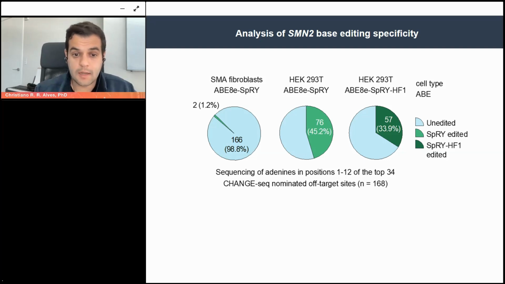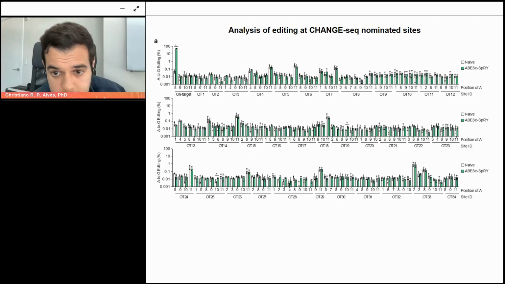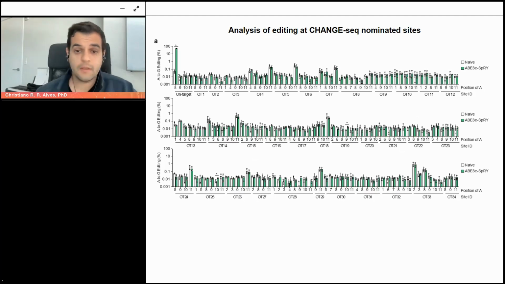And actually, when you look at the data, the off target 19 in this slide and the off target 25 in this slide, those are the ones that are actually statistically different. You see a small asterisk in the graph highlighting that. But we're talking about something under 0.1% edit. So we're talking about only 2 real off targets, and those are really, really minor edits. So under 0.1%.